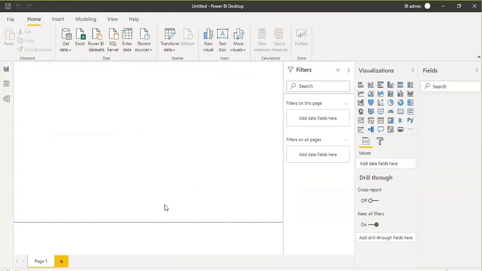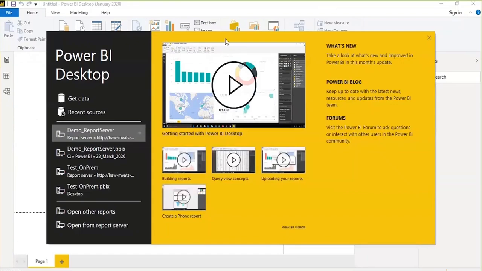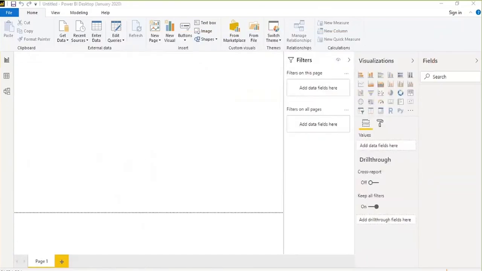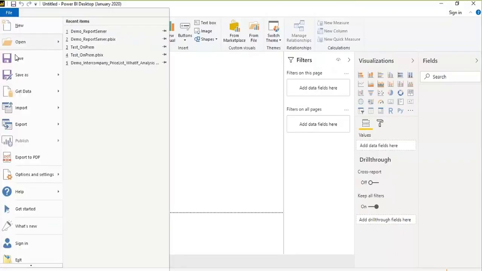All right, so here you see the Power BI Desktop. Now you see these two versions. This is the RS version and this is the regular version. So you can see the logo difference: the black background color and the yellow background color. Now in Power BI Desktop, you create the same report as you were creating in the normal version of Power BI Desktop. Once you create your report, you go to File and then Save As.